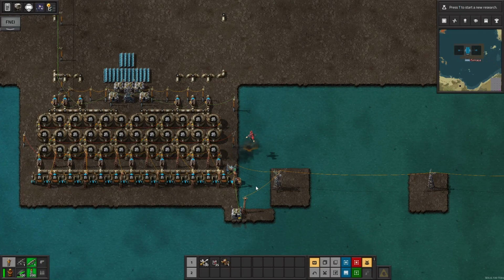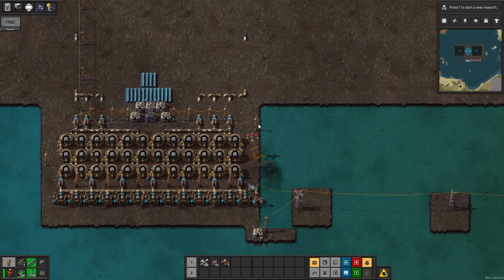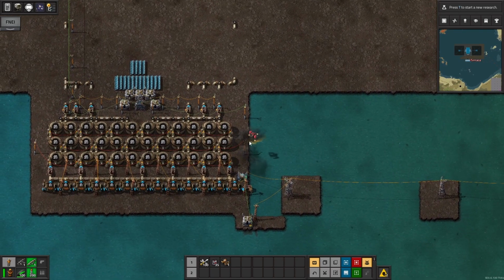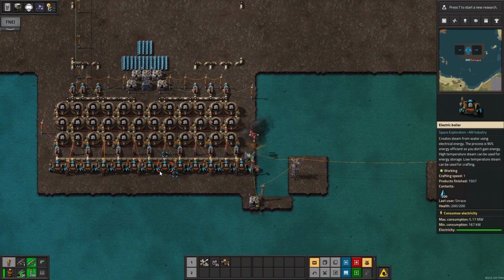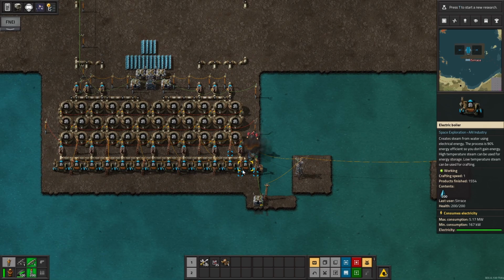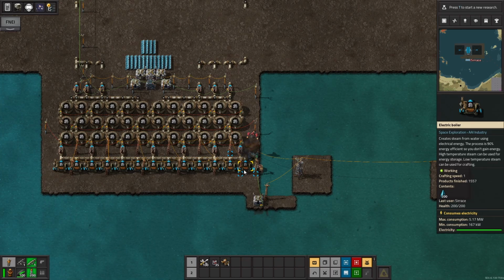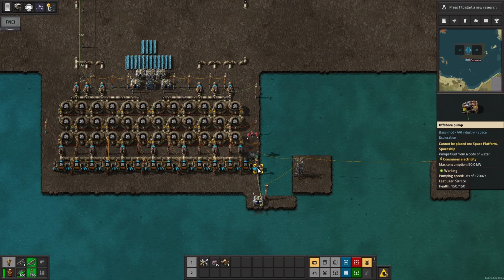Okay, so here's an example of our backup solution, our backup power, to serve as a form of redundancy. I will start at the beginning with the electric boilers. As you can see on the right side, these are 90% efficient, so they are mostly used to create steam for energy storage when you have excess energy, so energy curtailing. And really, to make this system more efficient and more effective without draining your power when you don't want it to,